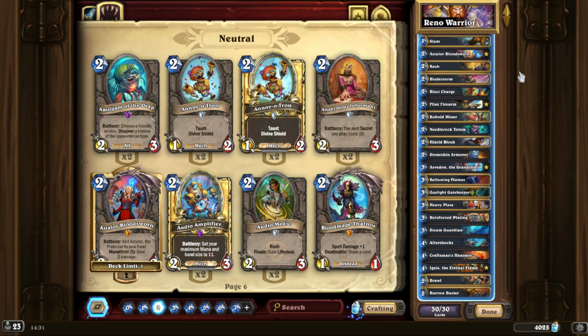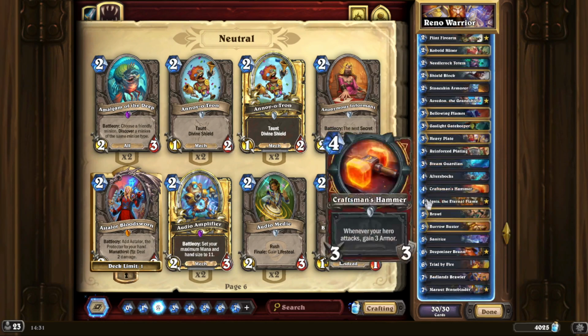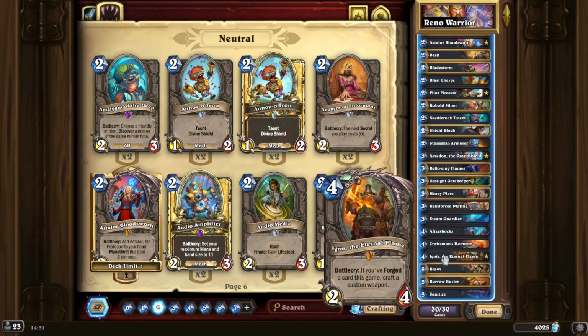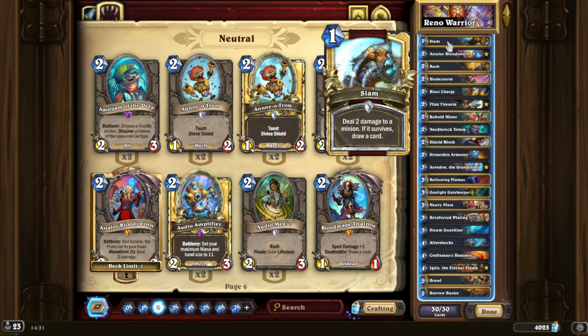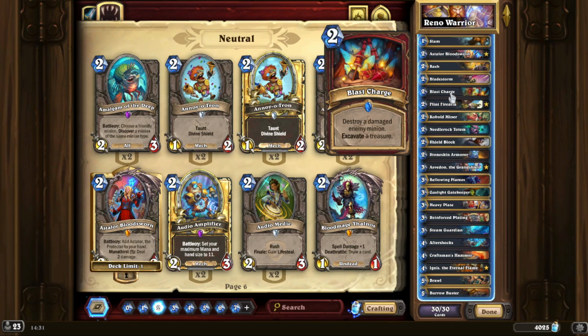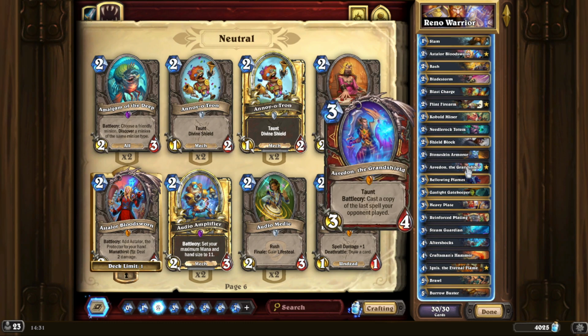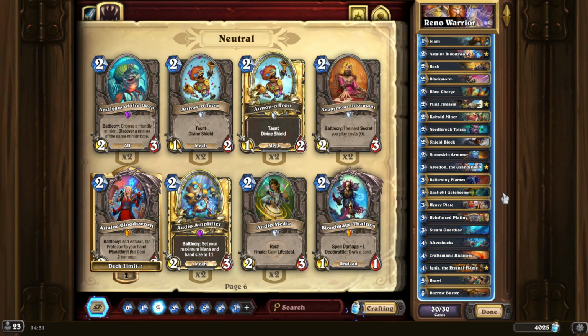Okay, so those are your win conditions. Right, now let's move on to the control tools, which is very, very important, because you can't do all this fun stuff without actually getting there. So you've got things like Slam, Bash, Blade Storm, Blast Charge, of course, it's an Excavate as well. You've got Bellowing Flames, and you've